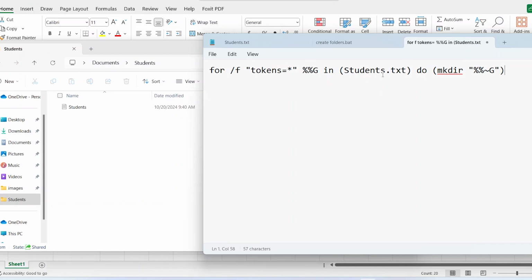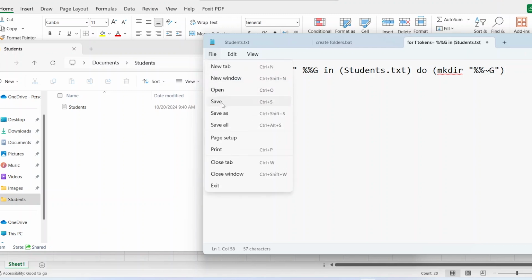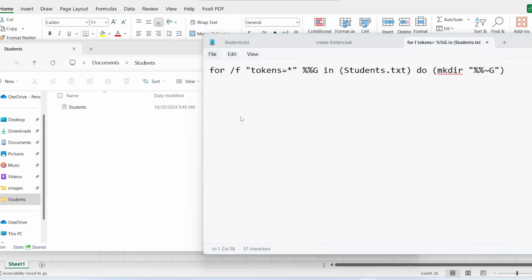and paste our command. This for loop goes through the student's text file and reads each line. The tokens option is used to make sure that each line is read completely, regardless of the space in between the words. It stores it in this G variable, and then the function that creates the folder is still the make directory command, which takes the name or text that has been read on that single line and creates a folder with that name. So we can save this file as a bat file,